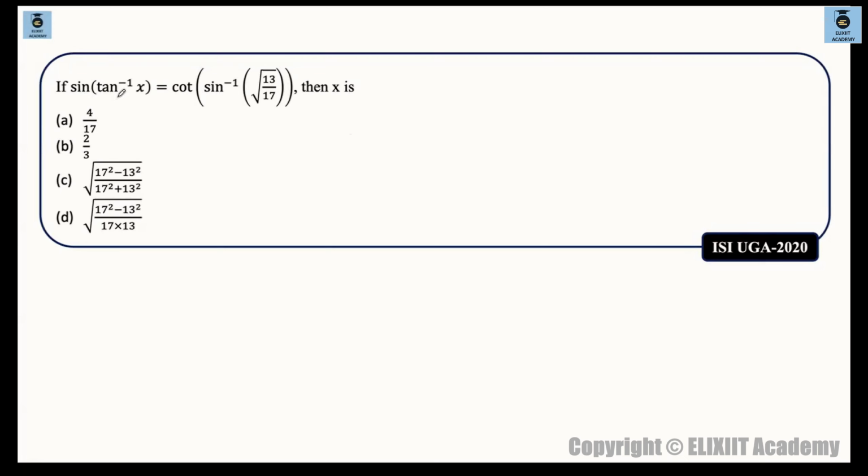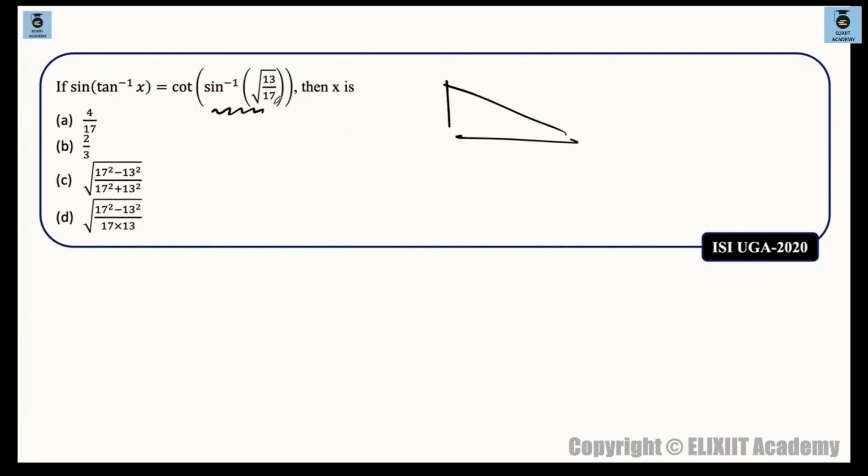You have sine of tan inverse of x on the left hand side. Let us try to solve the right hand side first. देखो ये है ना cot of sine inverse of this. So sine inverse can be converted in terms of cot inverse. कैसे? Triangle rule से. Simply use the triangle rule. So using triangle,